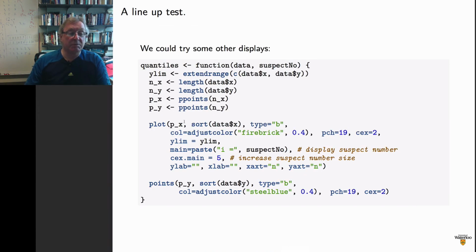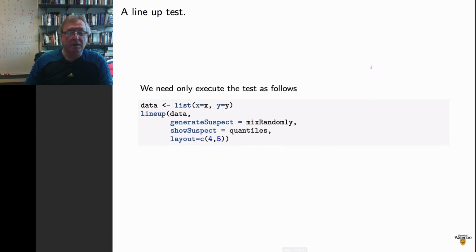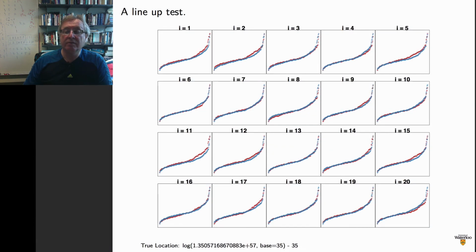So we can look at other displays. We'll try quantiles again. I'm going to look at a function to be the show suspect function, so it's got to be a function of the data and the suspect number. So we know that the data has an X and a Y, which are the two samples, and then we construct the plot as appropriate. And again, I'm always displaying the suspect numbers so that we have a number to choose from. As before, the only thing that changes is the show suspect function, and we execute that code and get this